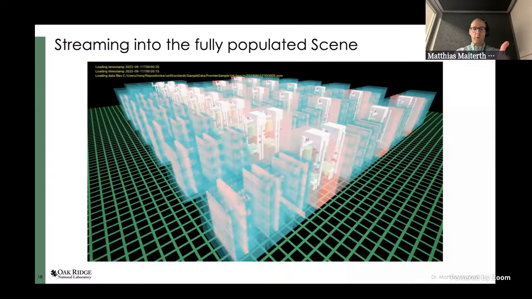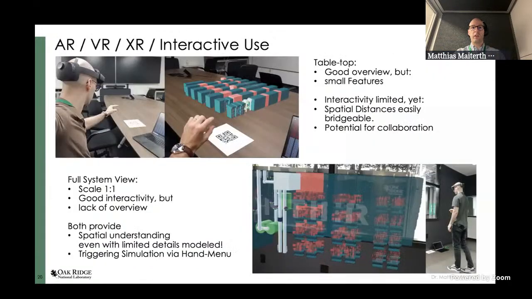And so now I recorded this from within my editor, simply loading everything in the scene, populating everything. So this is 150,000 actors streaming the data in. It's actually cool that this works. But as soon as you go to augmented reality, AR, VR, or an interactive view, that is something where you can't spawn everything. But the good thing about a digital twin, in that sense where you really have everything interactive, this